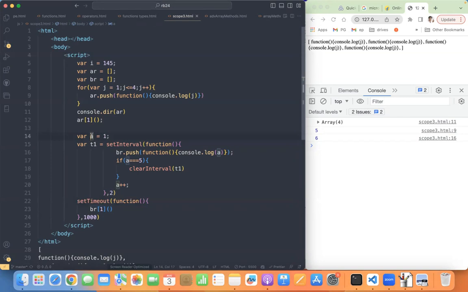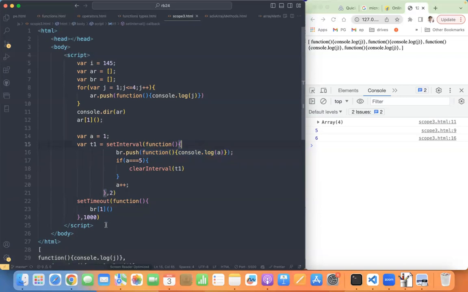So obviously a will have 6. I mean to say it is a global variable. So at the time of this function call, what is the a value? 6. Because of that, it will print 6.